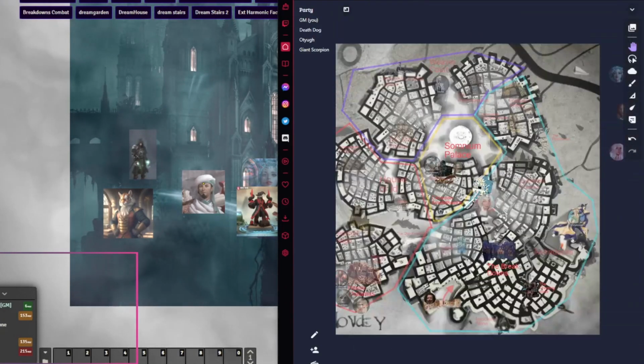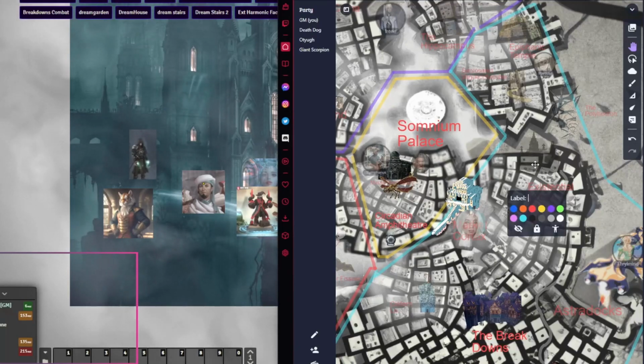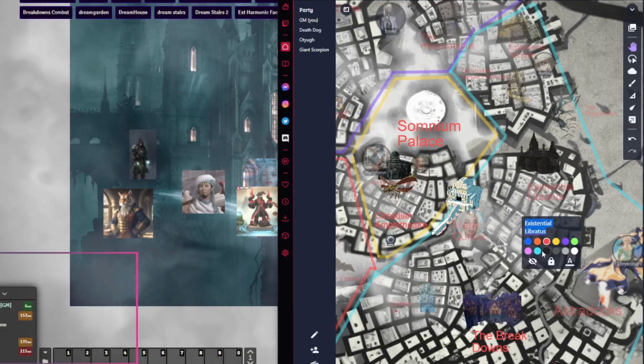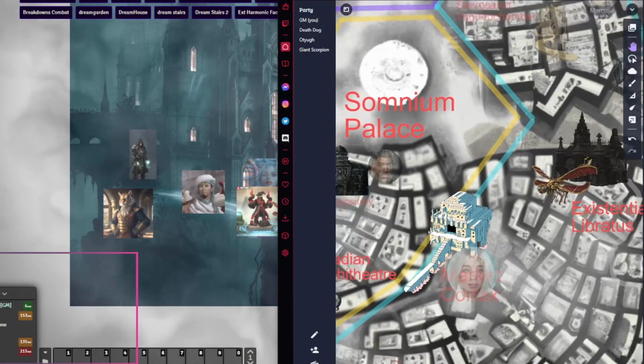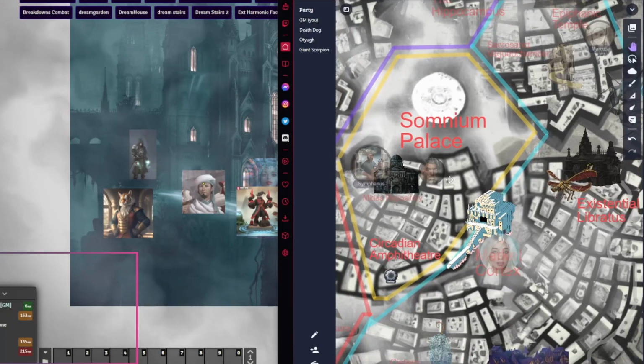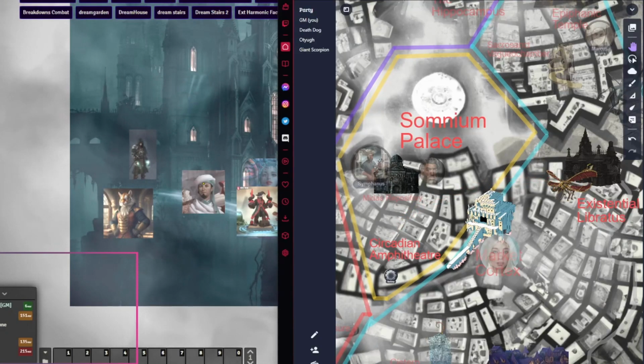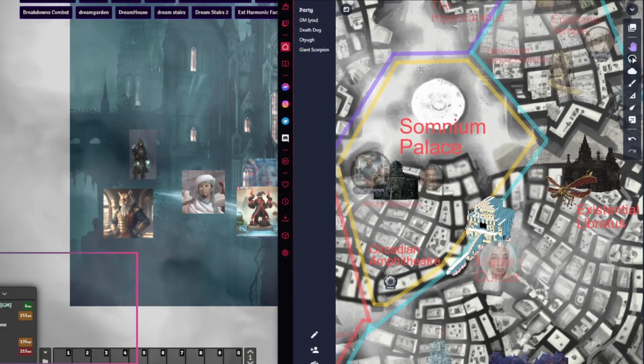And if you look on Owlbear, you can see here I'm revealing the spot you were just at, the Libratus, and you're traveling west and heading to the Circadian Amphitheater, which is the yellow district on the map on Owlbear.